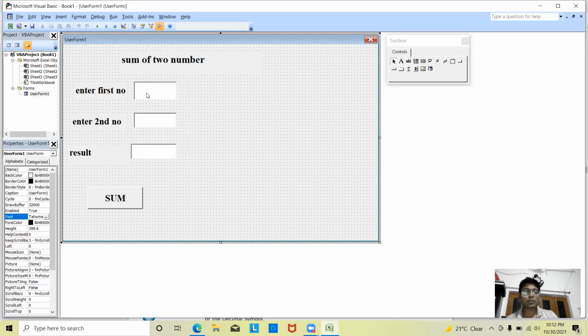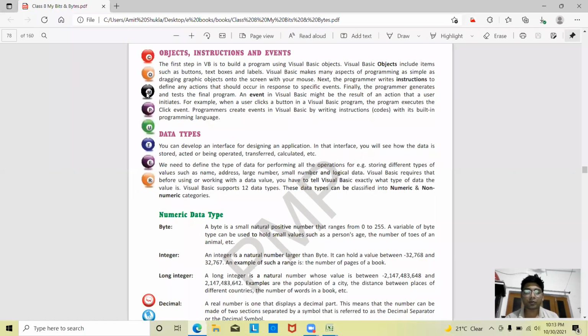So here I'm going to take a numeric data type. So what will be in the numeric data type? That will be integer, float, double, long integer. And whenever we have a non-numeric data type, then it will be string, boolean, date, time, and so on. That will be shown in your book also.